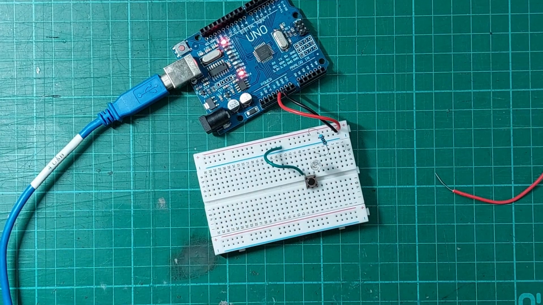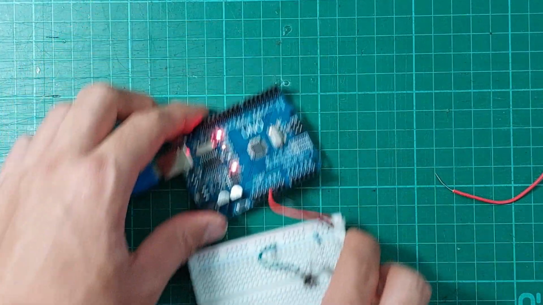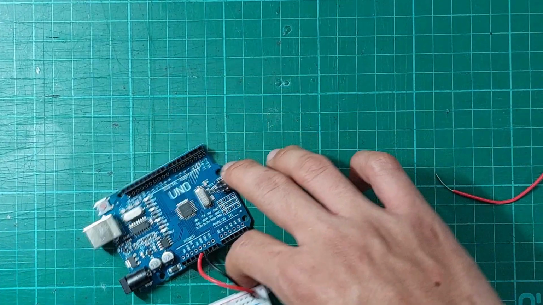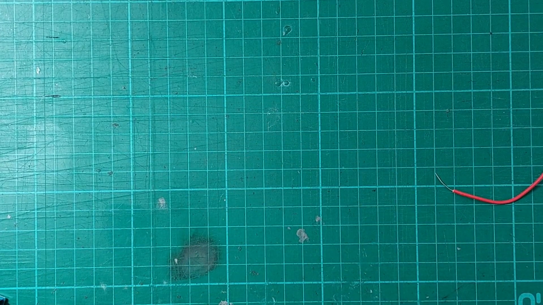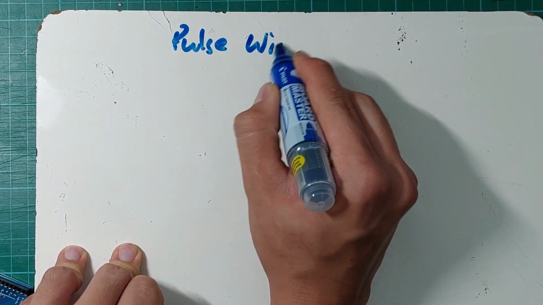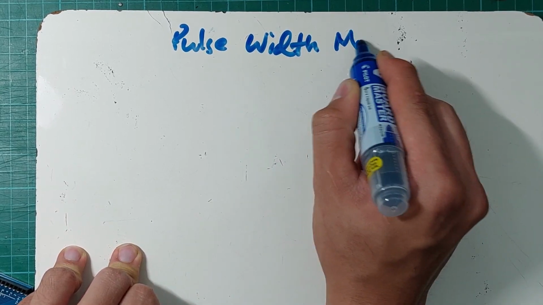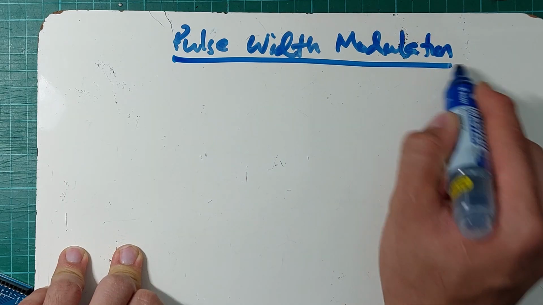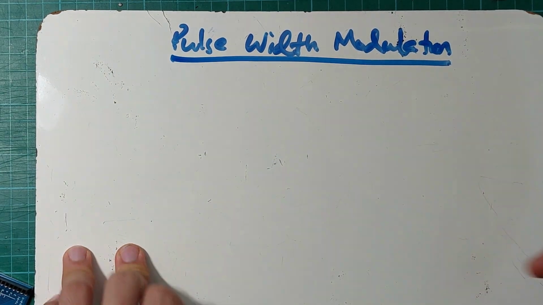Okay, so now that we've got that little demo out of the way, let's talk about what exactly pulse width modulation is. So, I'm going to bring up my whiteboard. Okay, pulse width modulation, as the name suggests, means that we are changing the width of pulses to create an illusion, or create an effect, of analog output, when in reality we're actually just using digital output, which is just